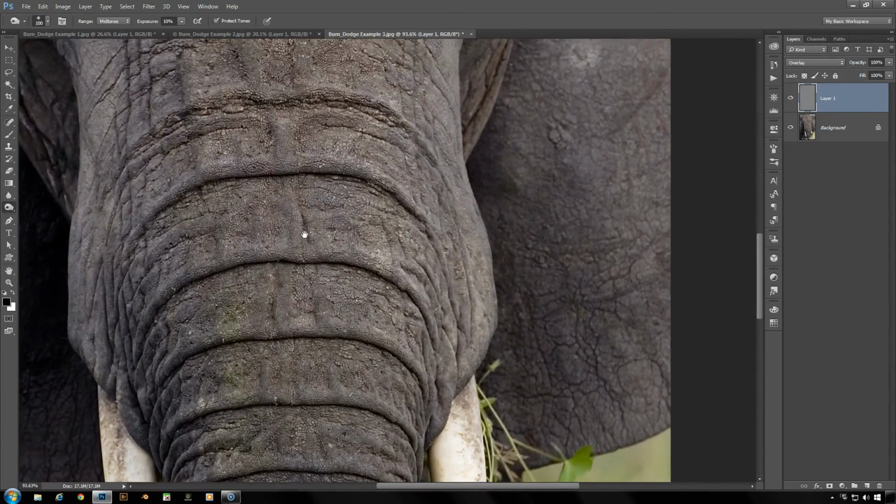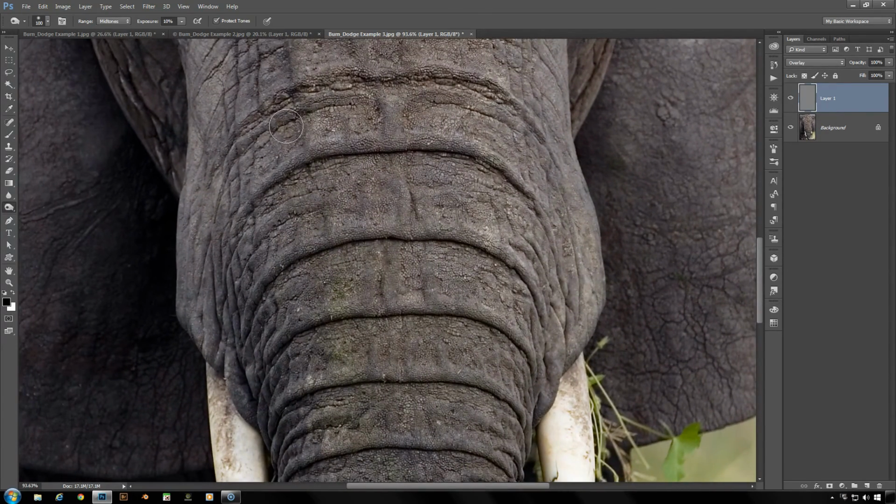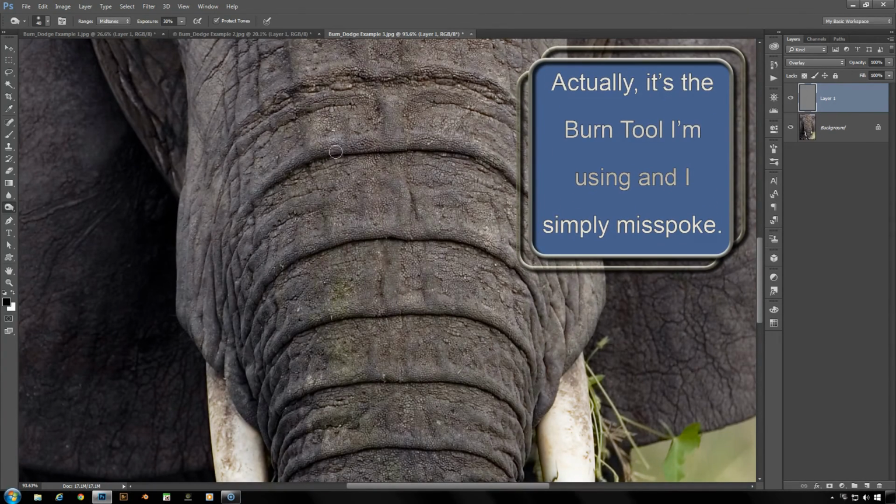Let's zoom in nice and close to the trunk area. Now I'm going to have the mid-tone set to 30%, so I'm going to have a much more visible effect, but we will be able to turn down the opacity if it's too much. Now, around the areas of the trunk where the wrinkled skin folds over on itself, right where the shadow is formed naturally and underneath that fold, use that dodge tool to just darken up the underneath of that,